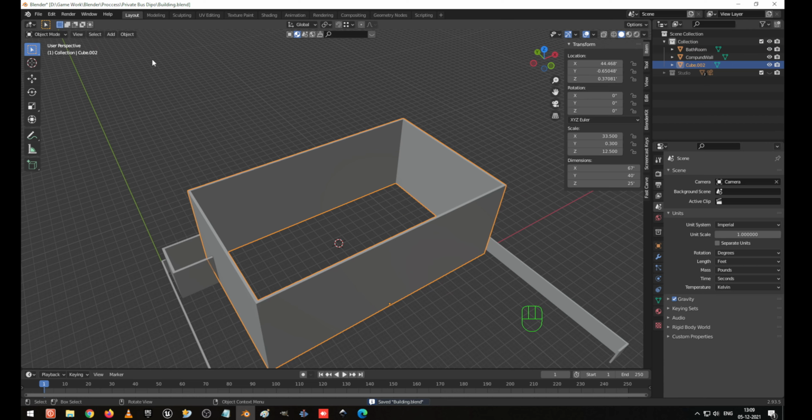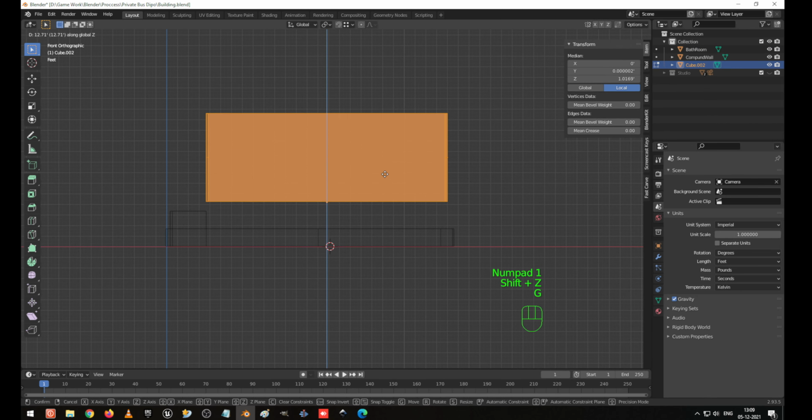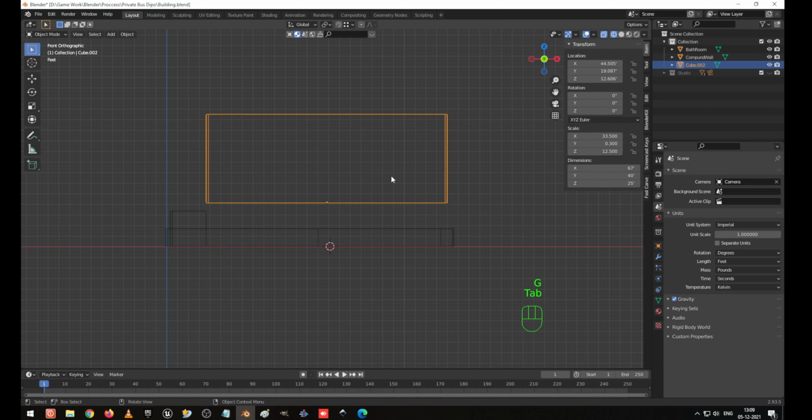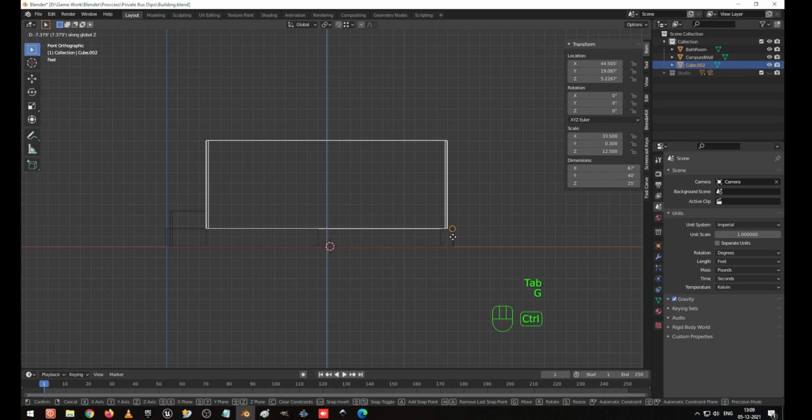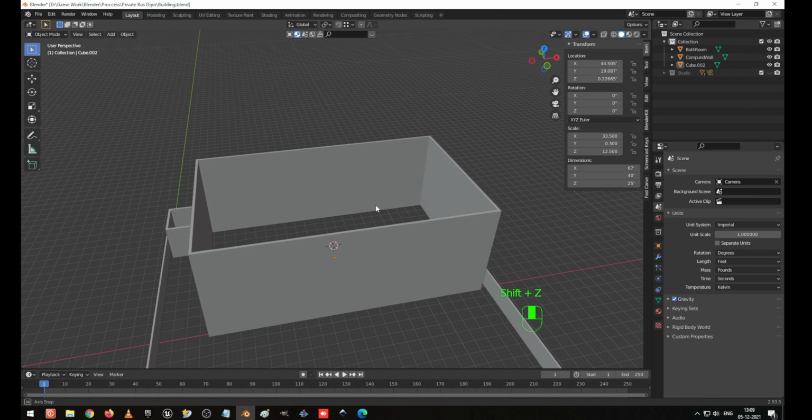So now this is also created. Go to object, set origin to geometry. Go to edit mode, select everything, go to the front view wireframe mode and GZ, and move towards the pivot point, and go to object mode and GZ. Use the Control key, you can snap to the bottom. So now this has been ready for us.